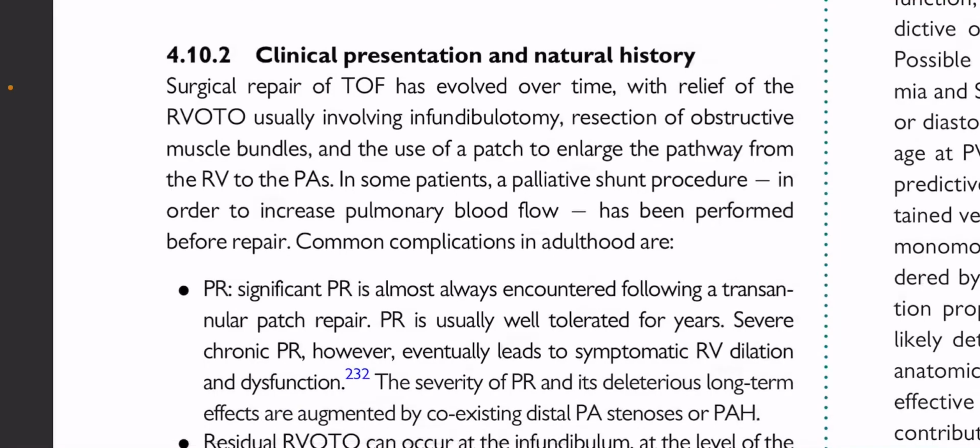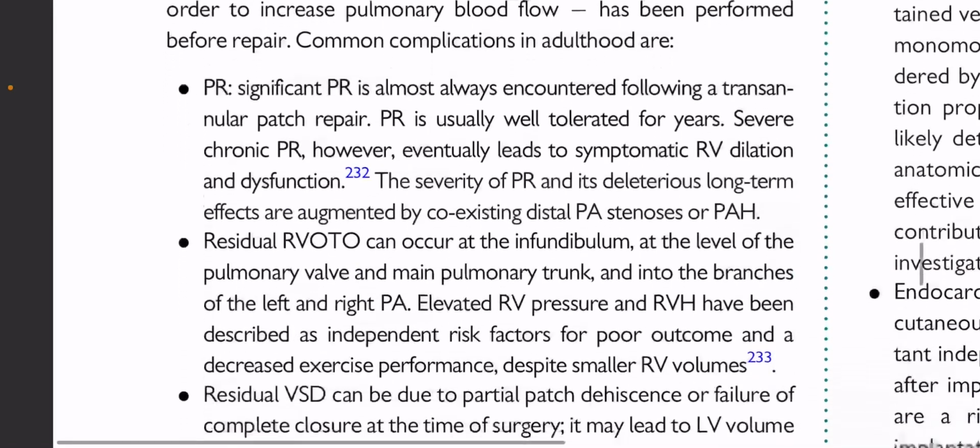Surgical repair of TOF has evolved over time, with relief of the RVOT obstruction usually involving infundibulotomy, resection of obstructive muscle bands, and the use of a patch to enlarge the pathway from the RV to the pulmonary arteries. In some patients, a palliative shunt procedure in order to increase pulmonary blood flow has been performed before repair. Common complications in adulthood are